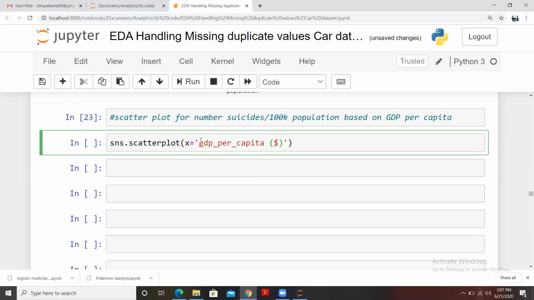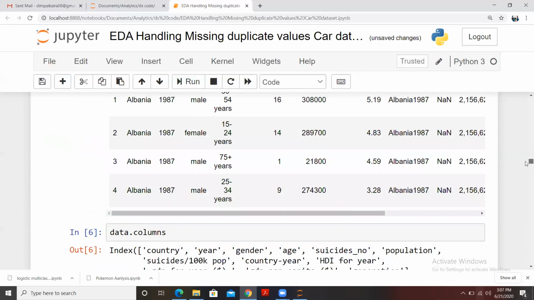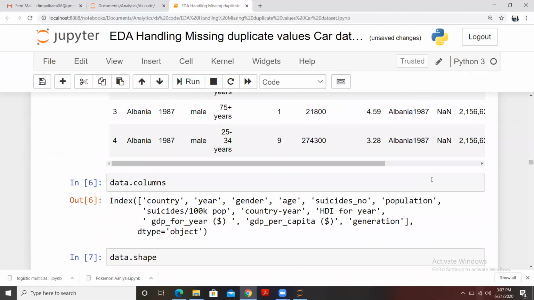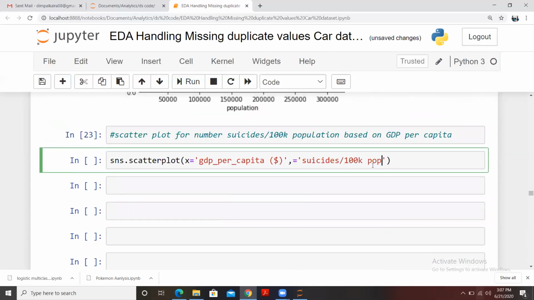So this is my X, and my Y is suicides per 100K population. Let me check whether I made any mistake. So this is suicides per 100K pop. I believe I have given the same name to this. So that is suicides per 100K pop, right? And my data is here.